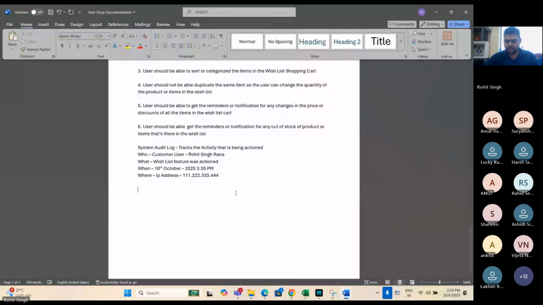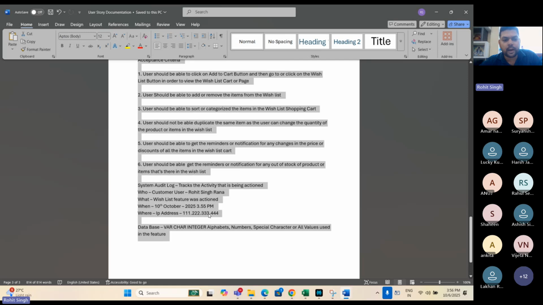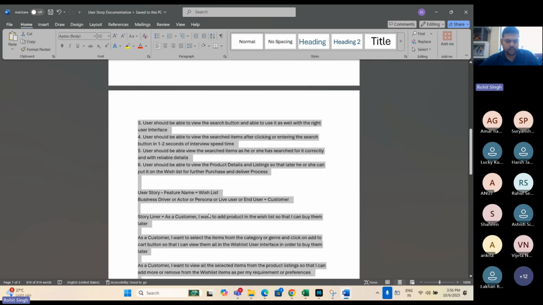And then comes the database. Rhythm is being varchar, integer, alphabets, numbers, special character or all values used in the feature. ठीक है, So this is the final and this is the revised user story documentation that you should know